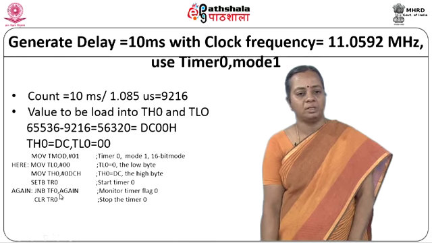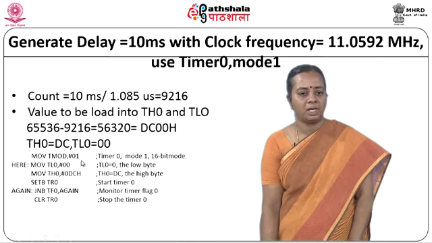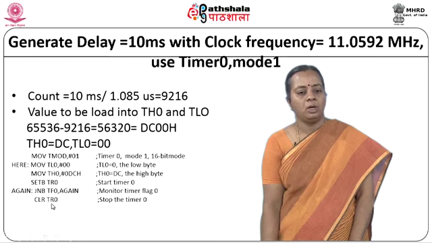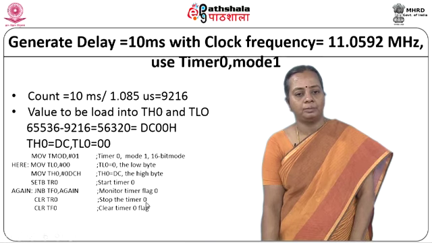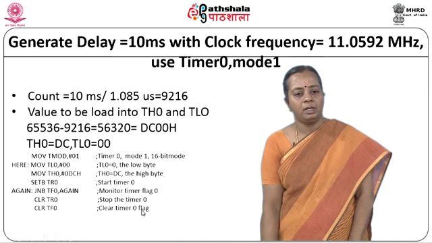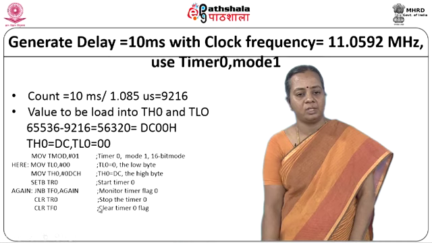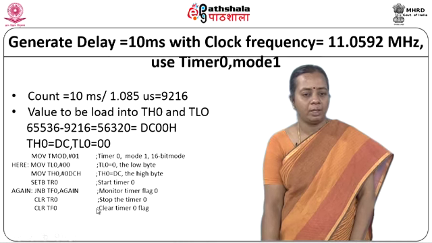Now, once the 10 millisecond delay is over, I have to make TR0 equal to 0, because if it is in the one condition, then the timer will keep running and counting. So, we need to stop that by making TR0 equal to 0, which stops the timer. And TF0, which is equal to 1, also has to be cleared, which clears the flag. These two things we have to do in the code. The system will not do it on its own. Based on that only the timer will stop and the flag will be cleared.